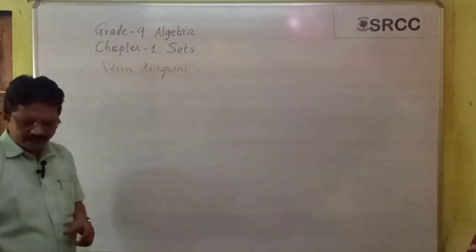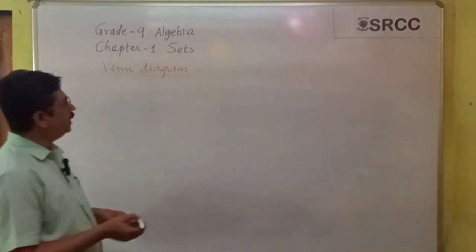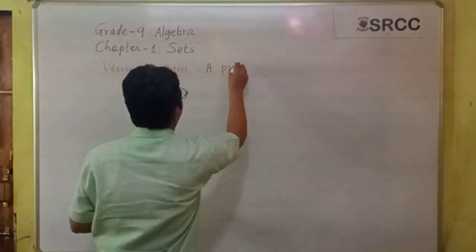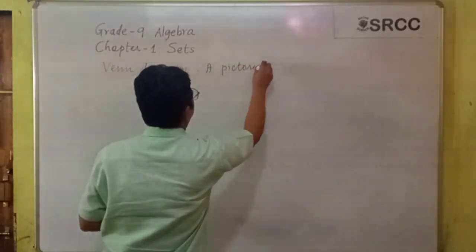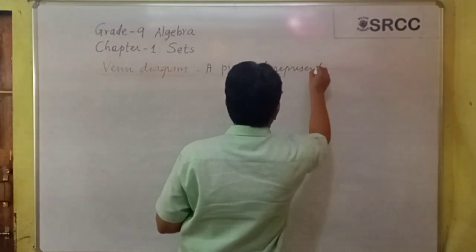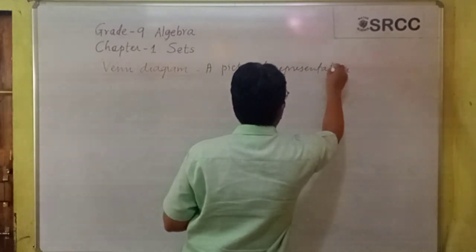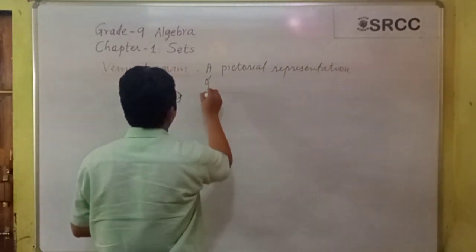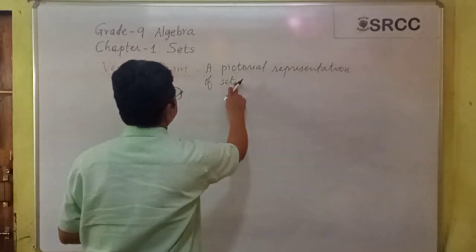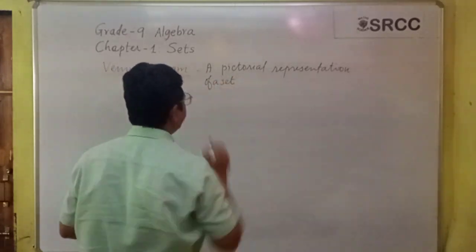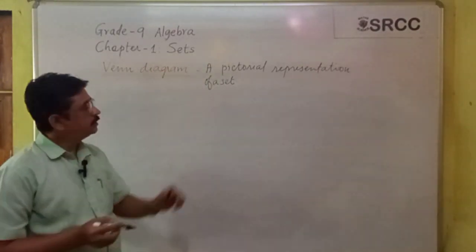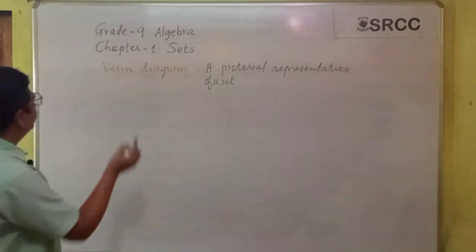Venn diagram is nothing but a pictorial representation of sets, or we can say of a set. Venn diagram is a pictorial representation of a set. Let's say, as an example,